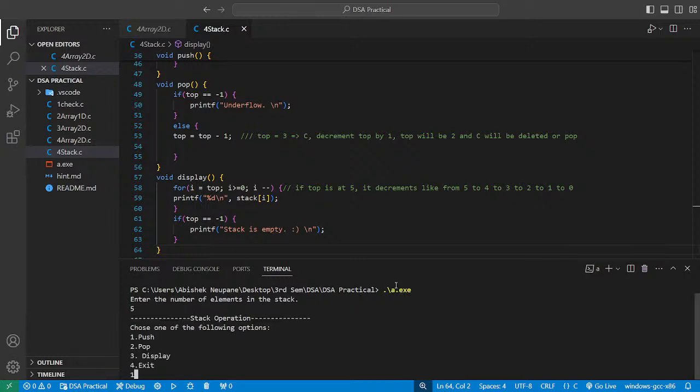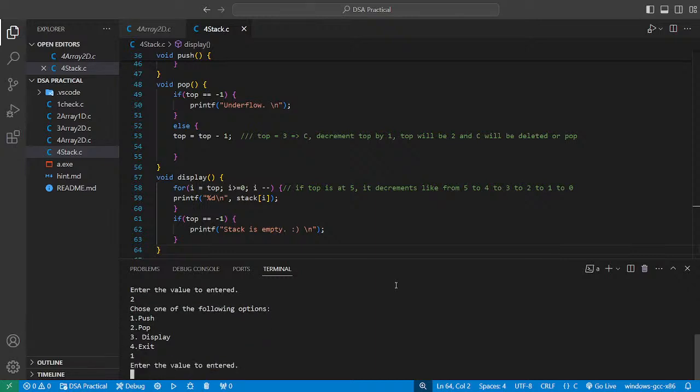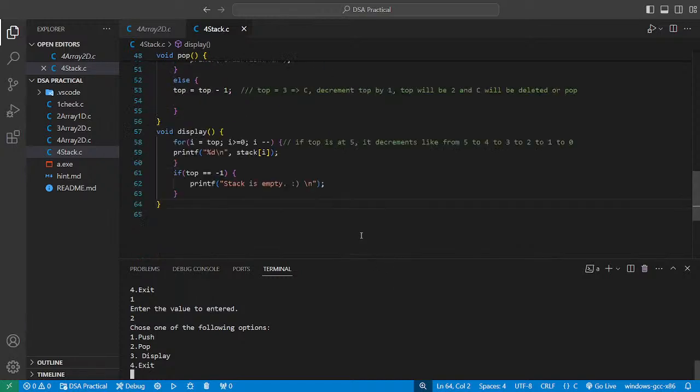Five. I need to push. Let's give two. I wanna again push the element. Let's give four. I wanna display the result. Again, the result is not being displayed. I wanna pop an element. I wanna pop the value. Okay. Pop. After deleting an element,